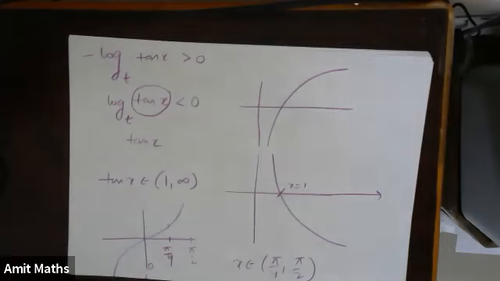So the bigger domain of x they have given us is from 0 to pi by 2. But when x is from 0 to pi by 2, it will not take all the values. Which values will it be able to take? It will be able to take only the values between pi by 4 and pi by 2. Okay, I will explain this once again.